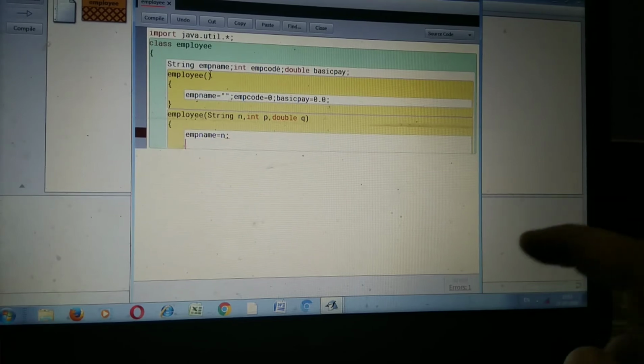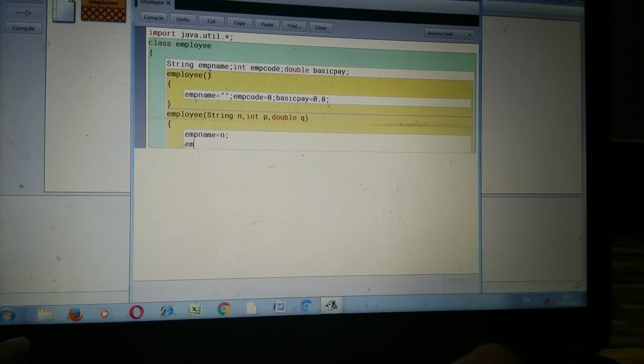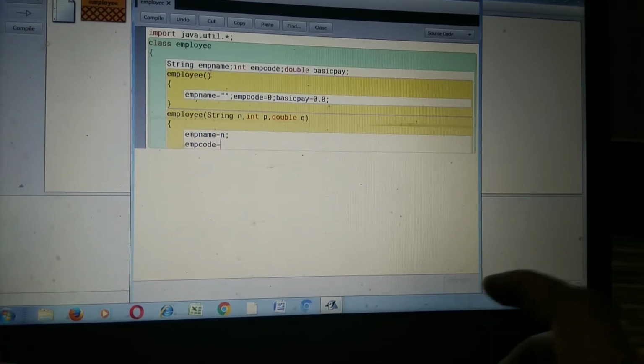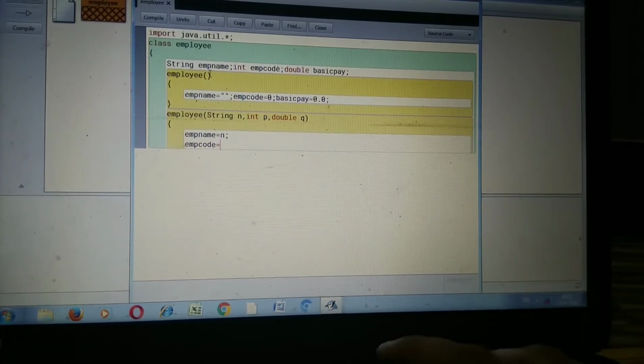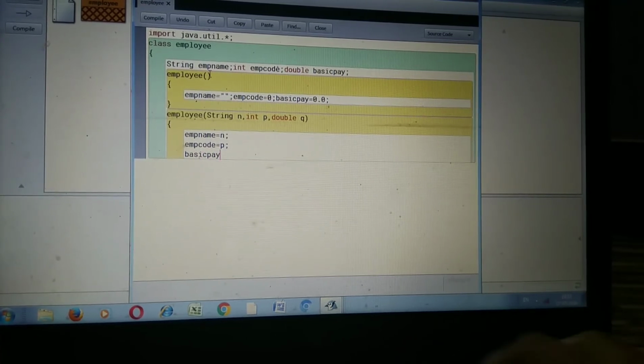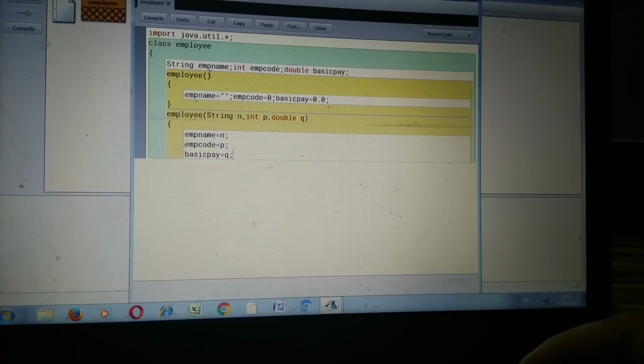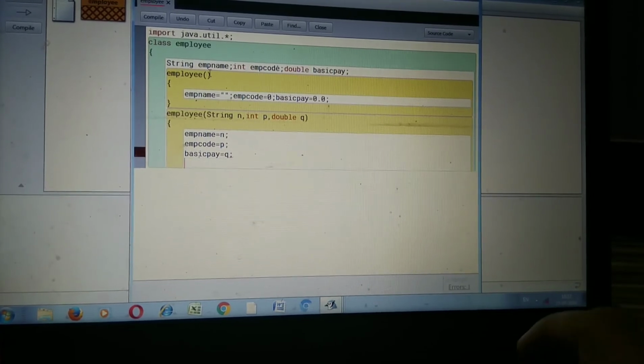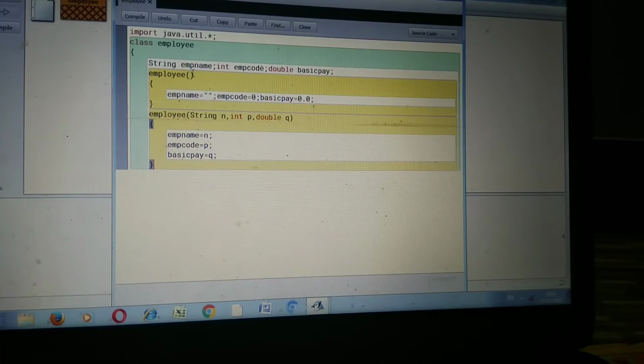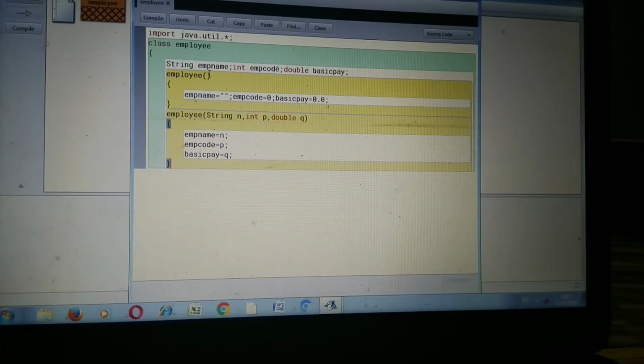Next is the employee code, empCode is equal to p; the p value initializes empCode. After this, basicPay is equal to the q variable. So here we close the parameterized constructor.